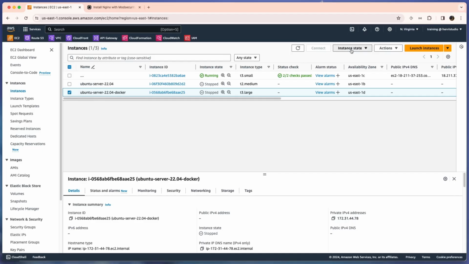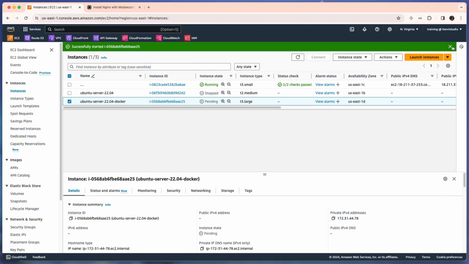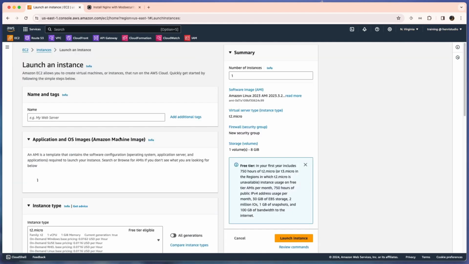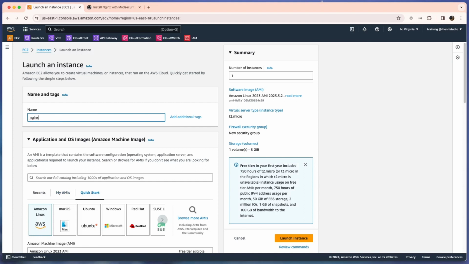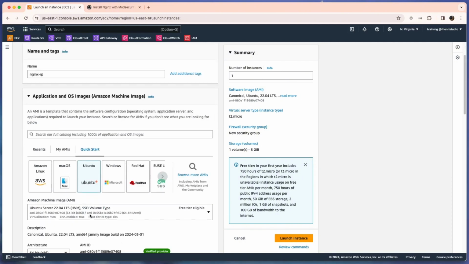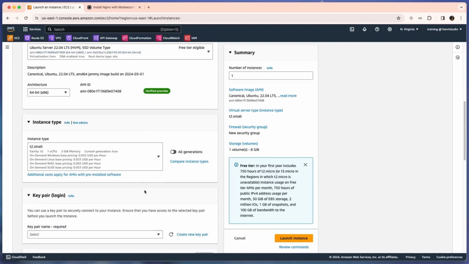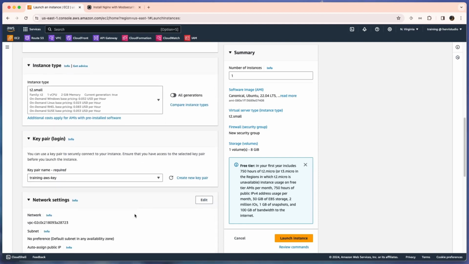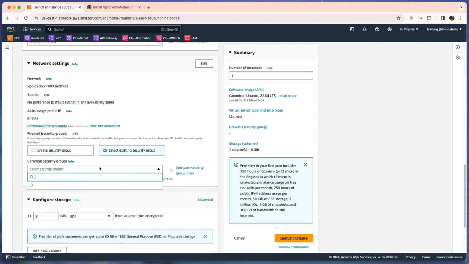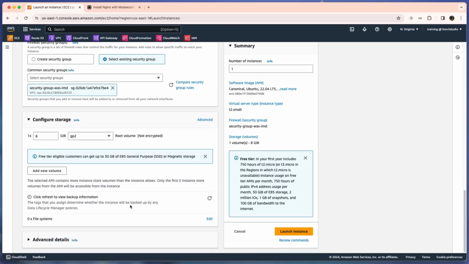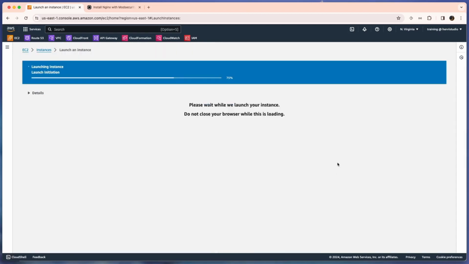First, we need to start our Docker container on the AWS console, and we need to create a new instance as an Nginx reverse proxy. We use Ubuntu and we use T2 small. I think it's enough. Use our key pairs. We select the security group, this is for HTTP and HTTPS connection. Storage 8 GB, it's okay. And we launch our instance.